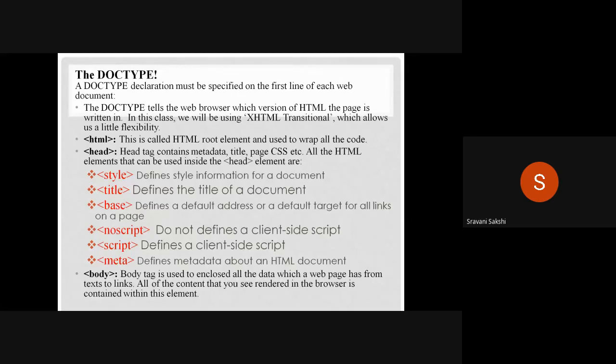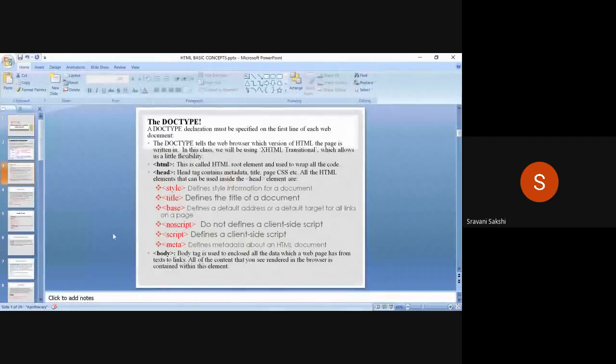Okay, next comes the HTML. So this is the element or this is the tag in which we will be writing the complete code. Either it may be a body section or a head section or different types of tags within these body and head sections. So each and every element will be wrapped within this HTML code. So this HTML tag is having starting and ending tag also. Next, coming to the head section. So this head section, excuse me, 1 second.